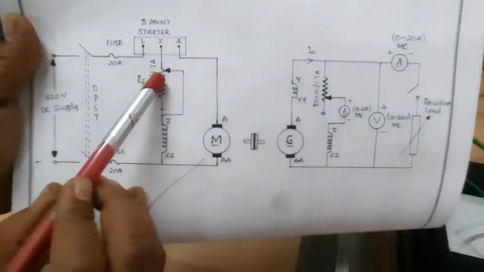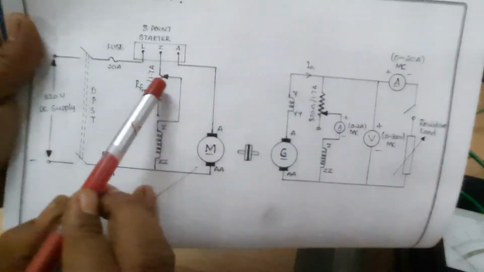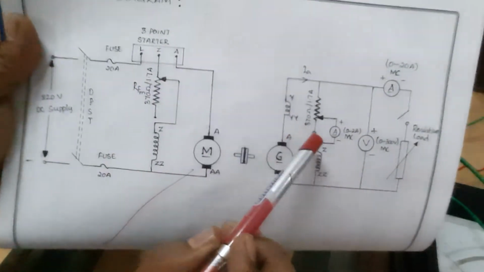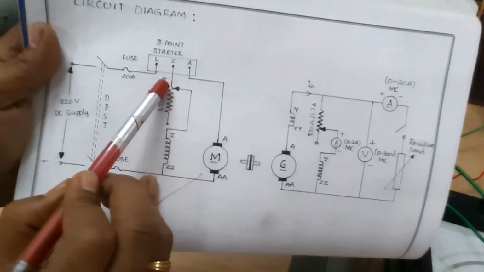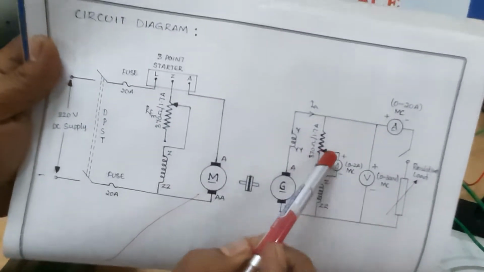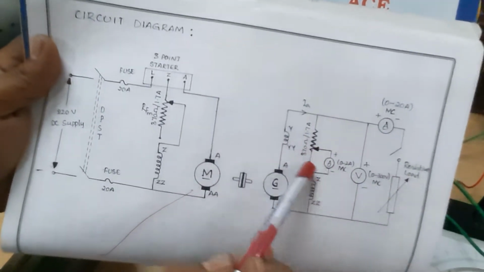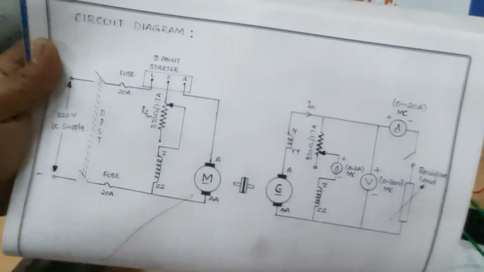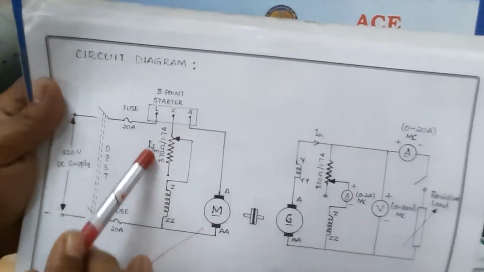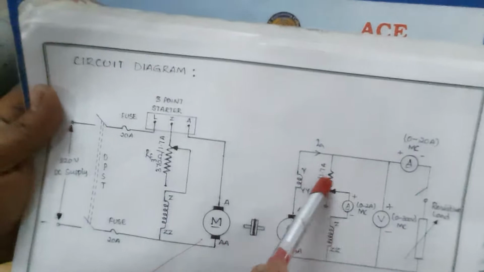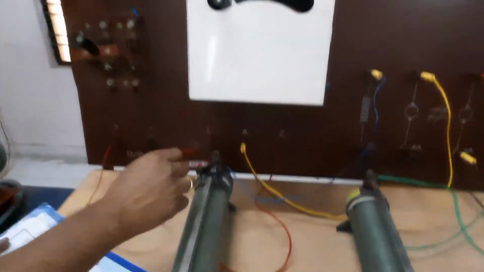Now see the difference. See the position: this arrow mark is at the top, and here the arrow mark is at the bottom. Here the rheostat is in the minimum position, and this one is at the maximum position. I think I have already explained why it is like this. If you have not understood, you will come to know in your regular theory lab. Just remember, the motor rheostat is in the minimum position, and the generator rheostat is in the maximum position.